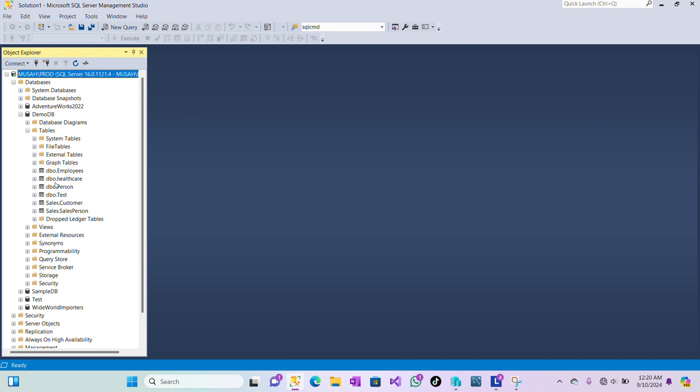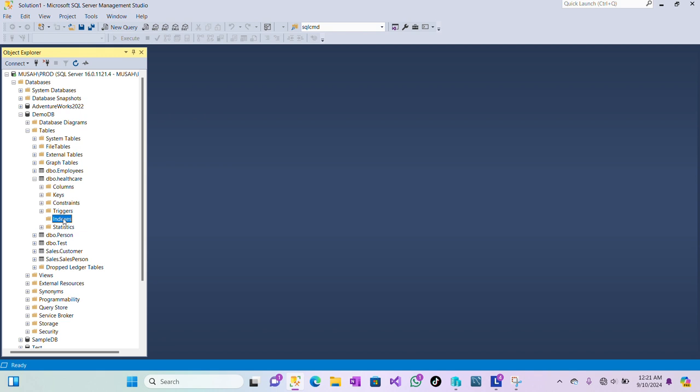For this example, we are going to work on the dbo.healthcare table. We need to expand our table so we can create our index. Expand your table. When you scroll down, you see indexes here. Let's expand the index folder. We don't have any indexes, so what we need to do to create an index is to right click on our index folder,